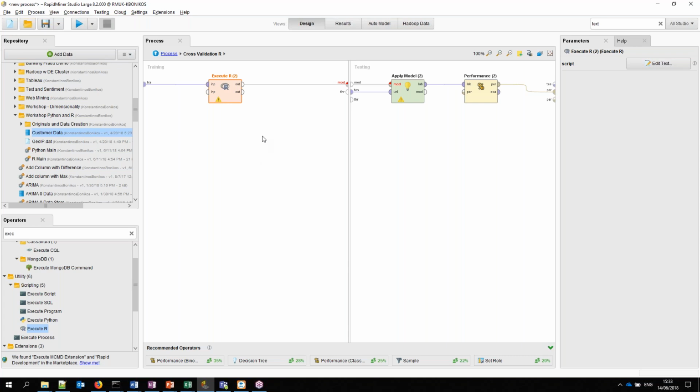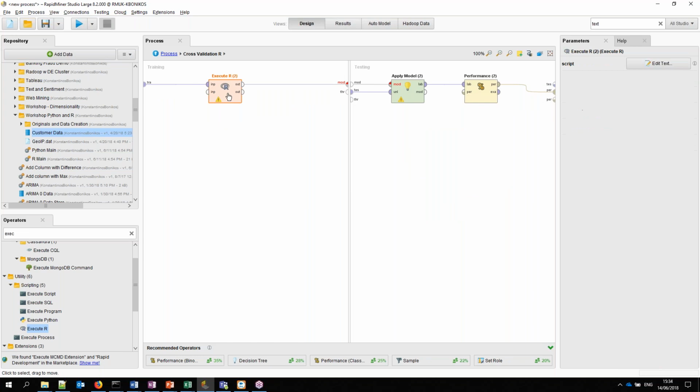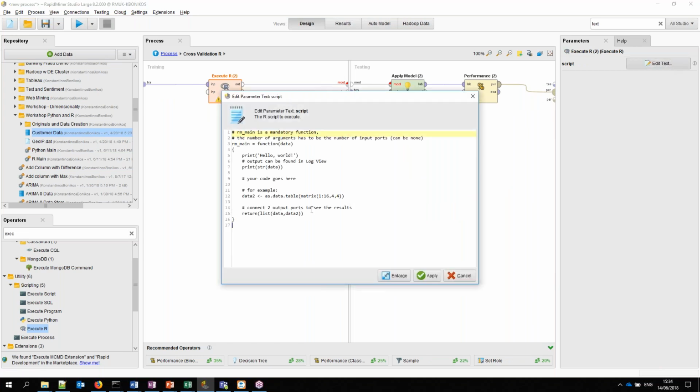What I'm going to use is a library called RPart. So it builds a decision tree. And what we need to do is, let me just go back to design for a bit. The future customer is our label. So we need to set it, yep. And so let's open this. Let's delete everything from here on